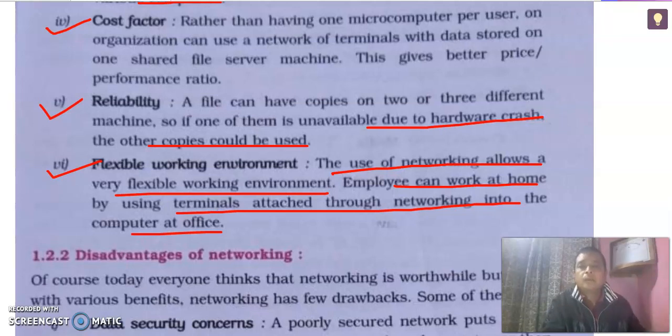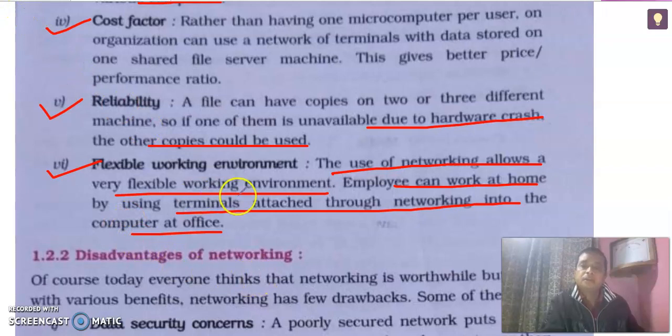network video conferences, where individuals don't have to go personally, and at the ease of where they are, they can attend the meeting. So we can perform our tasks in a very flexible manner. It is all because of the networking facilities. Without this, all of this cannot be done. So it provides us the flexible working environment.